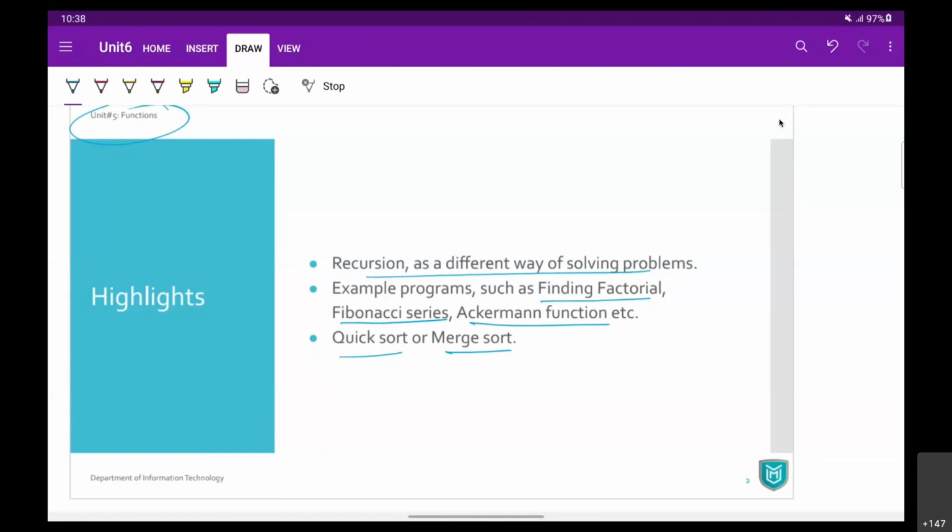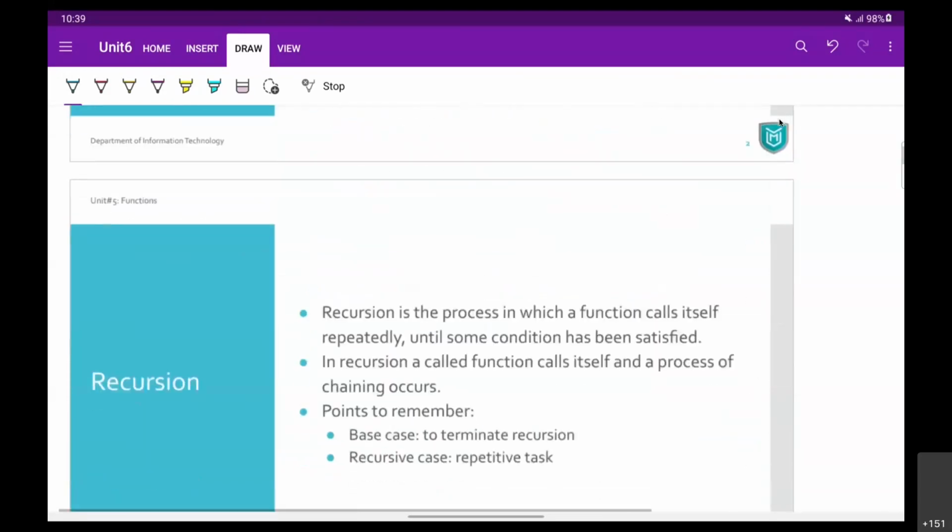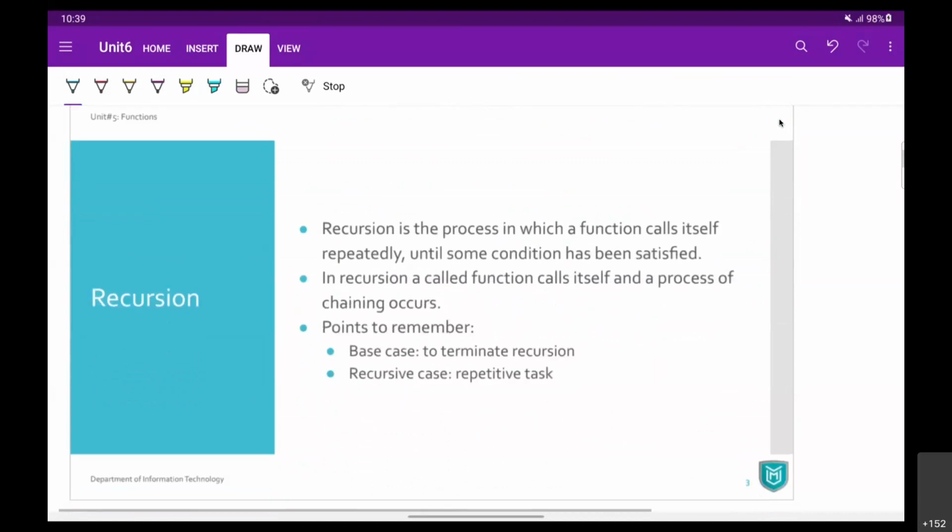This is the content we have to cover inside this unit. This unit is all about how we can apply recursion to find solutions for given problems wherever iterative tasks are being done. We'll start with the first one, understanding of recursion.